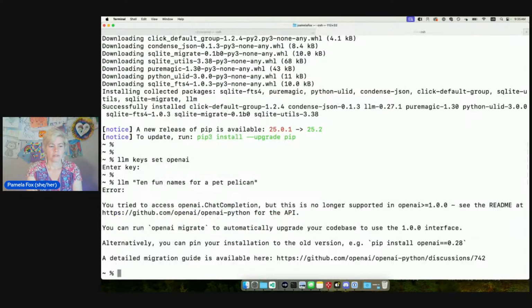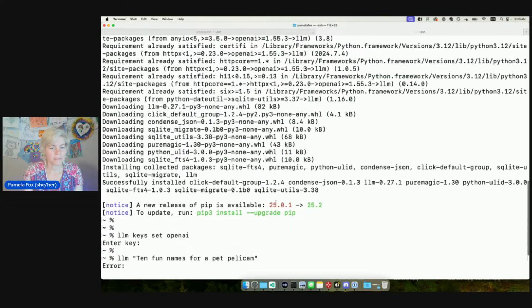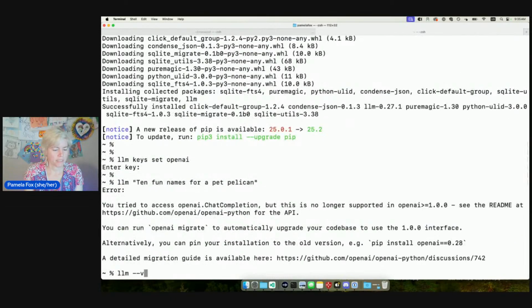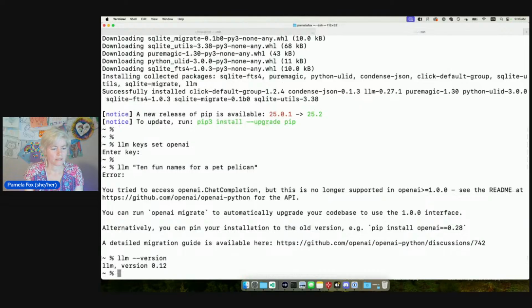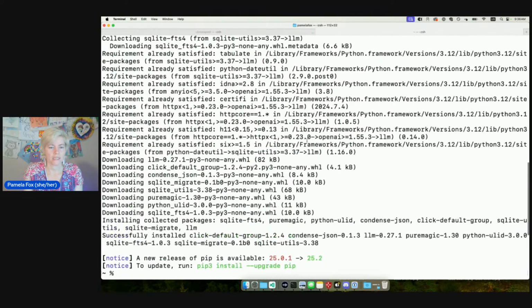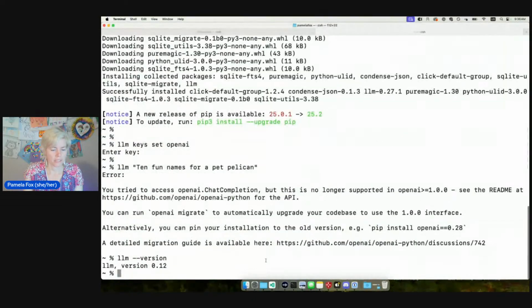Okay. So it says you tried to access OpenAI. Okay. I wonder if it's using an old version of LLM. Let's see. Can I do like LLM --version? Is that a thing? 0.12. Yeah, it is using an old version. So that's just because of the way I installed it. So if I did python -m llm --version,